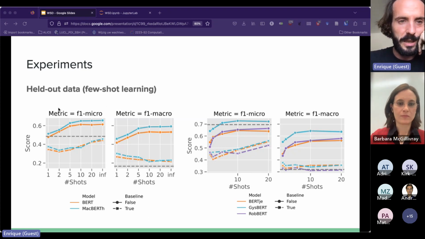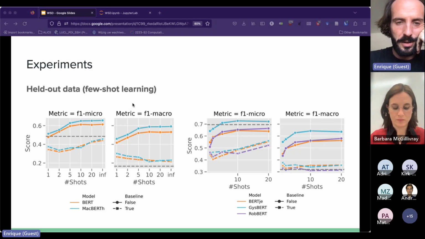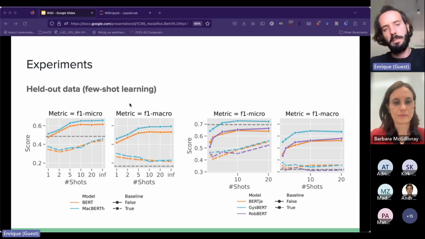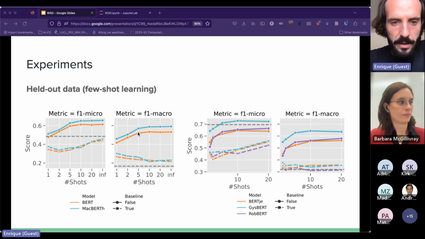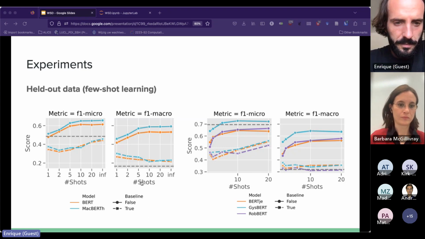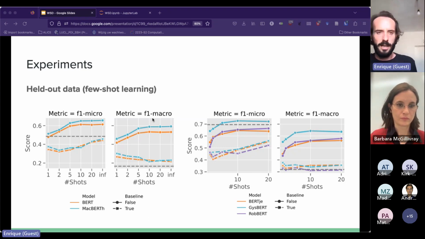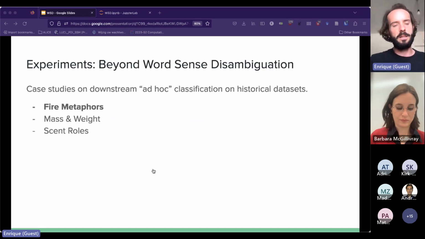Again, our baseline and the embeddings straight out of the model without any further fine-tuning are showing. For Dutch, we have again a similar picture where the most frequent baseline is actually quite high for micro F1 and quite low for macro F1. And again, the historically pre-trained models are outperforming the other models. Okay, so this is all I had to say about word sense disambiguation, but there are some applications that go beyond that